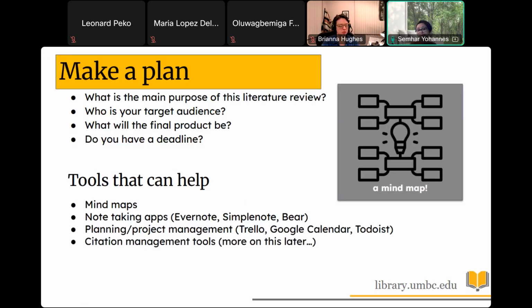Okay, so step 1, make a plan. Why are you writing this? Figure out the deadline, figure out what the end product is. Depending upon the end product, what the literature review would look like is a little different. Are you writing this because it's required for a grant or a conference or a poster? Whatever the end product is, that will determine what the lit review will look like